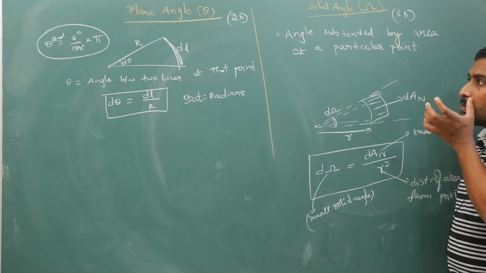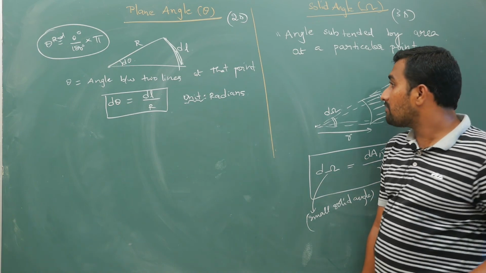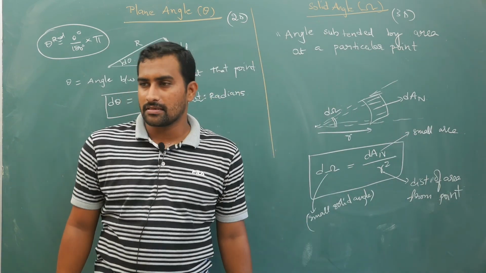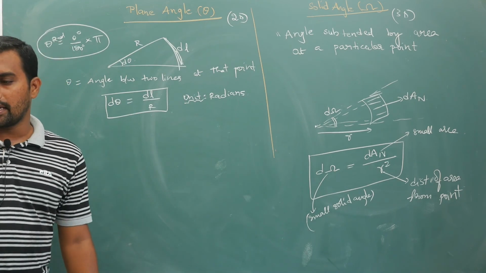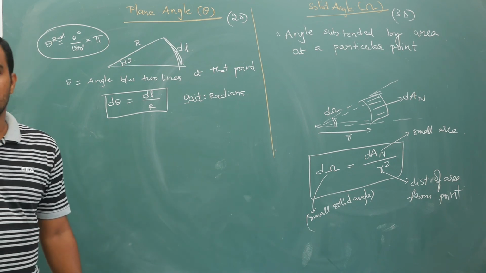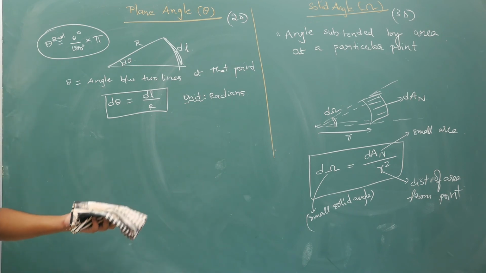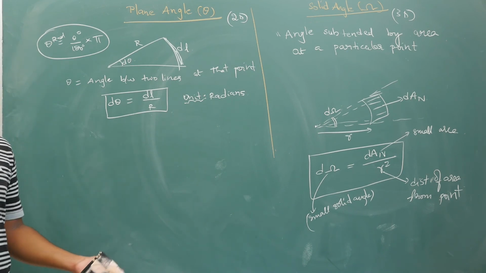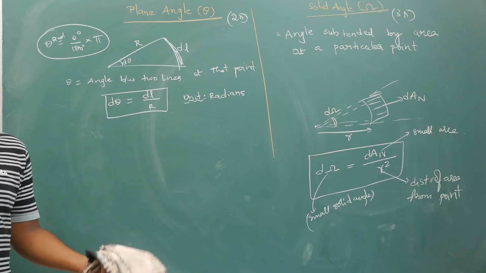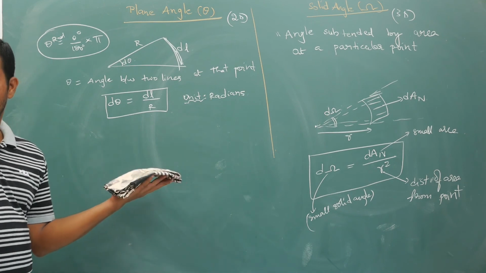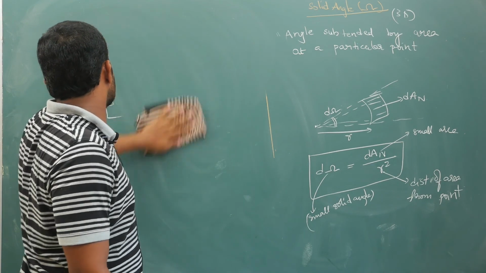Hope you have understood this solid angle idea. Later we will use this same idea in optics. How much light is entering some region, you can calculate from solid angle. When total internal reflection is present in certain situations, light comes out back into the same medium. How much fraction of light is escaping out of the water surface, you can calculate from solid angle. So I will erase it. Hope you have understood this solid angle idea.